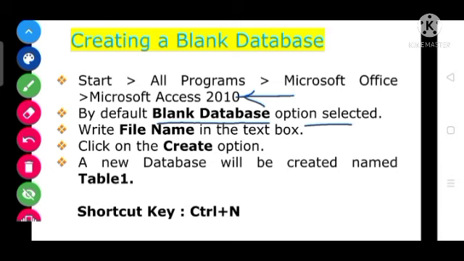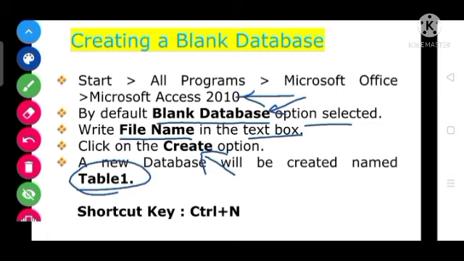Afterward you click on the blank database, and then you write the file name in the text box, the name of the database you are going to create. Write that file name, and then click on the create button. Automatically one new table, Table 1, in the database will be created.